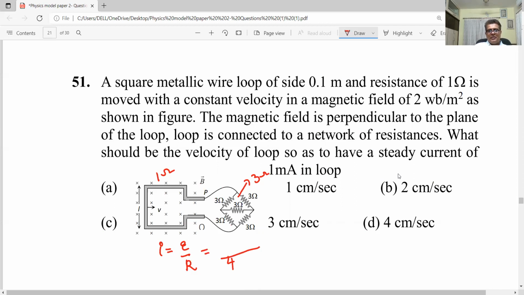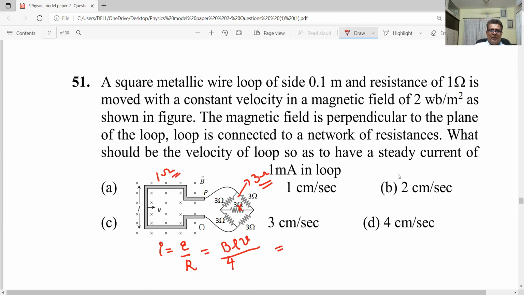Look here, 3 and 3 are in series, that is 6, and this 3 and 3 are in series, 6, and the middle one 3 I am just going to drop because the network is balanced. Now what is the total resistance? 3 ohm due to the network shown on the slide, and the other one is nothing but 1 ohm of that particular square wire. What is the EMF? EMF is given by the formula BLV. Don't make the diagram complicated there.